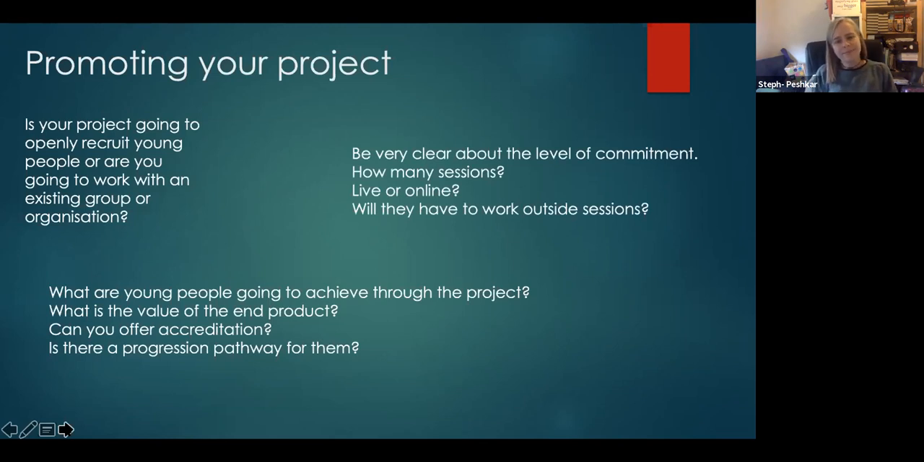Be very clear about the level of commitment. How many sessions are they going to do? Is it going to be live or online? Are you expecting them to do any work outside of the sessions? They need to have as much information as possible before they make that decision to commit to your